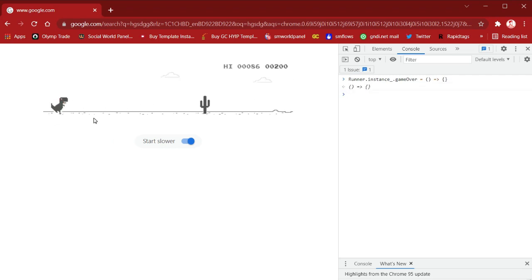Let's try it. You can see these are the two types of script we can apply to hack this dinosaur game. It will never be game over, and it will increase your score every time. This time the game over sound is coming, but the level is still increasing, and the score is increasing. So game over never happens. You can just sit back and play, and you can see the level increasing every time.